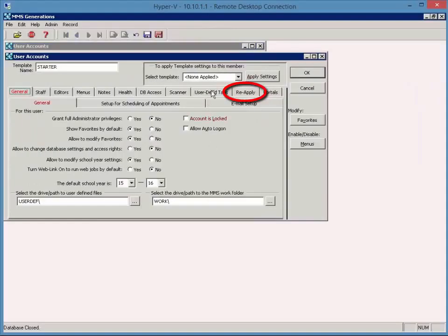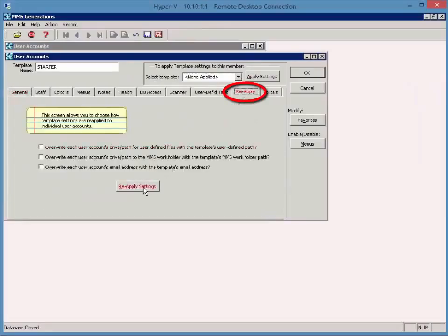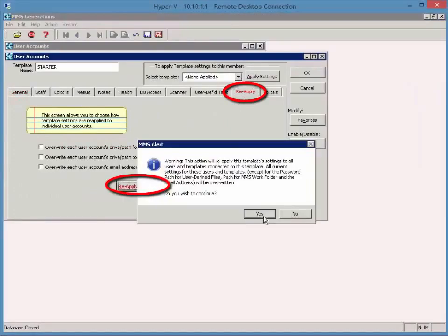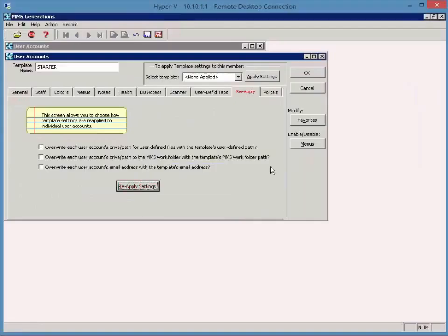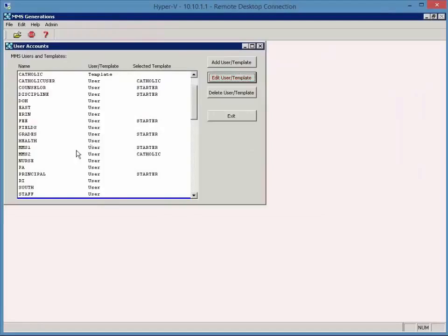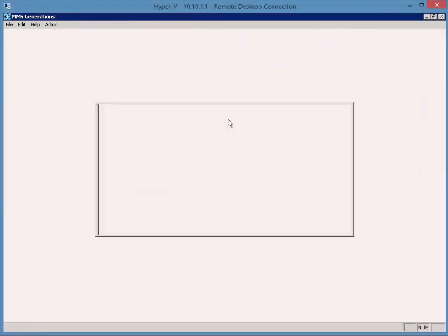Actually, if I went back into that for just a moment, when I reapply, I have to hit the reapply at the bottom. And it's going to let me know it's going to do that. And then I did it to the 8 members that had that. So it makes it nice that you can make it consistent for everyone to set those up and down. Now, if I log in as my staff member,